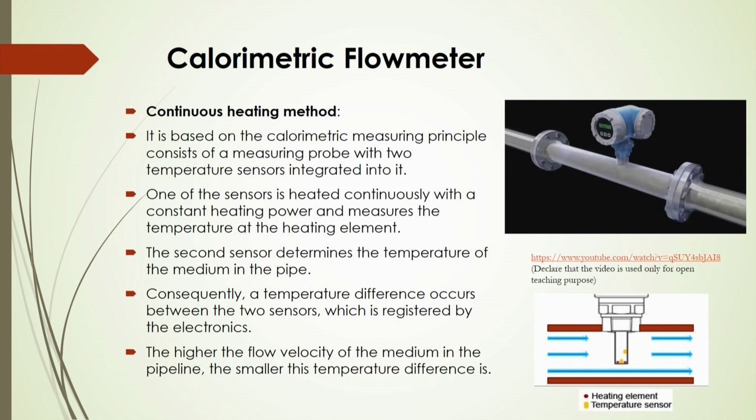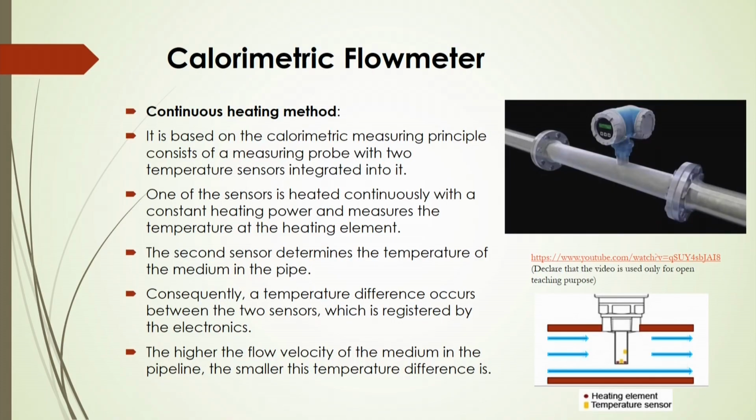So, basically the device has two sensors. One sensor measures the temperature of the atmosphere, and the other sensor measures the temperature of the fluid, and based on the difference you can calculate the heat energy supplied. More heat energy is required at higher velocity, so the energy supplied is proportional to the fluid flow. Here you will see the schematic of this device.